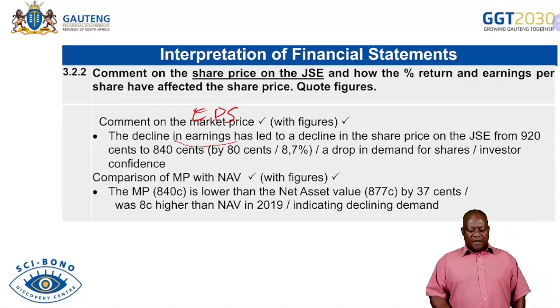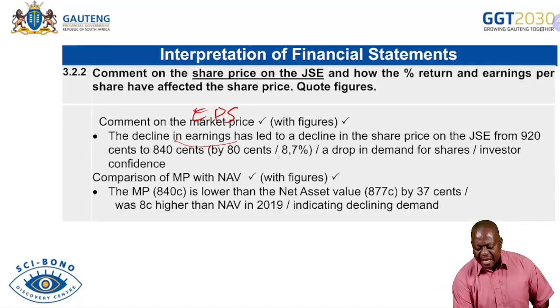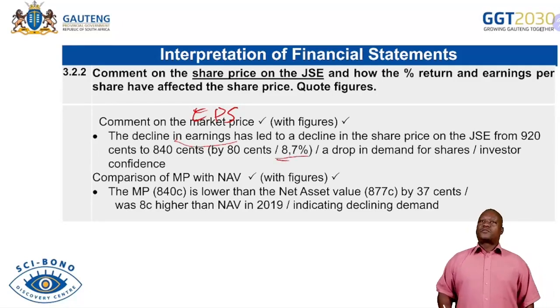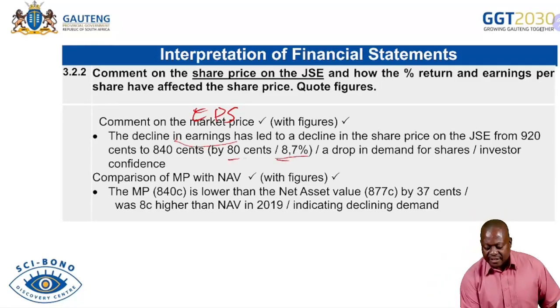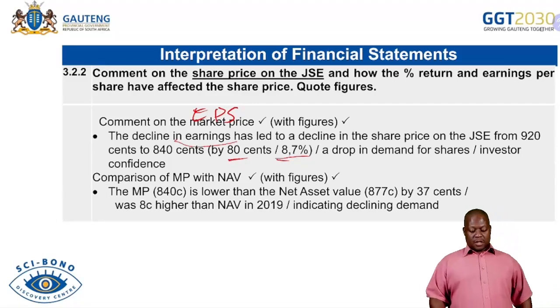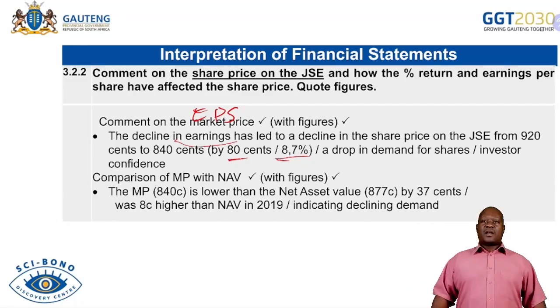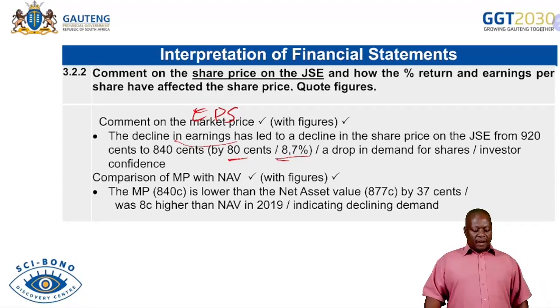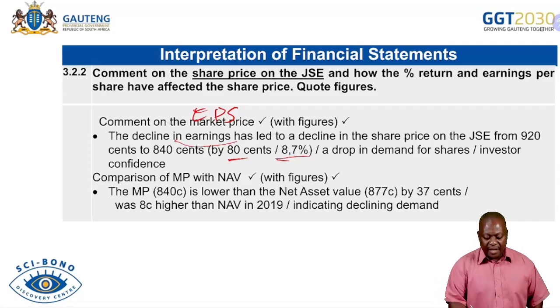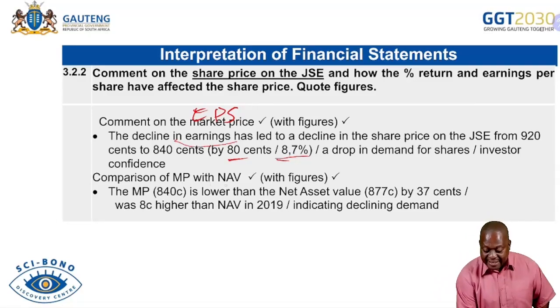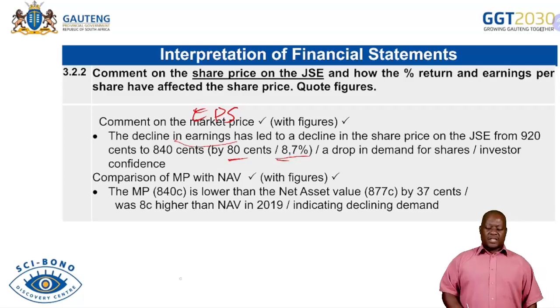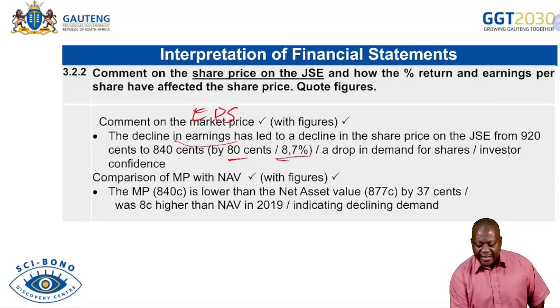Now, we can even check how much is the percentage drop or the number of cents drop. And then it signifies loss of investor confidence. Now, we can also look into a comparison between the market price and the net asset value. Now, we are going to say the market price of 8 Rand 40 is lower than the net asset value